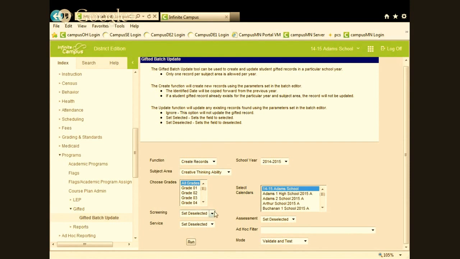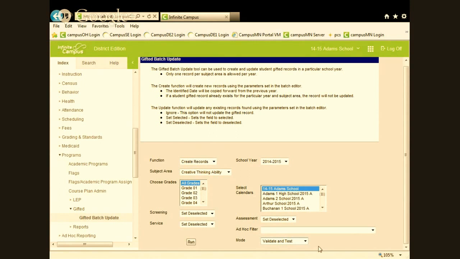Now, if you notice, when we do our Wizard tools, and this is true for direct certification, it's true for the gifted batch update, it's true for several other places, you're able to test the import. So before you do anything to really change the records, if you run a test, it's going to give you the results of what it's going to do in a PDF so that you can make sure it's the results that you want.